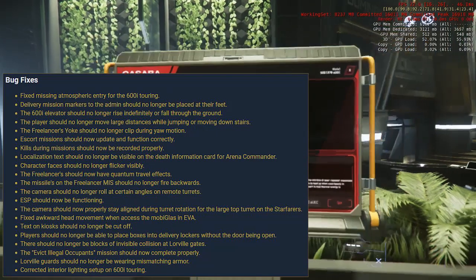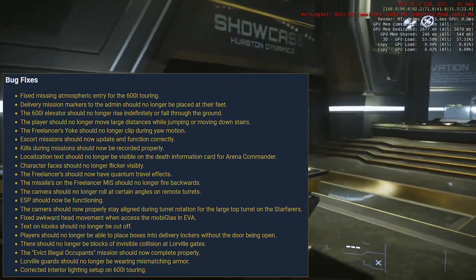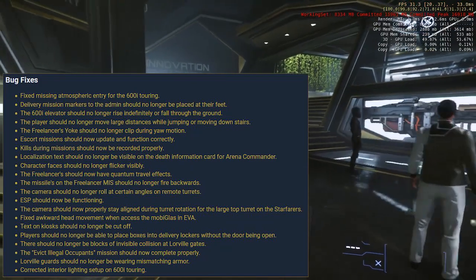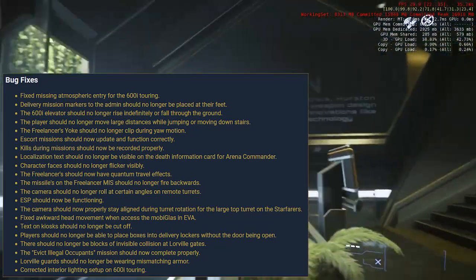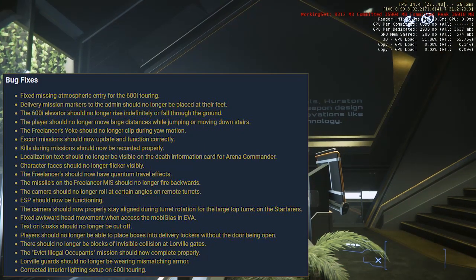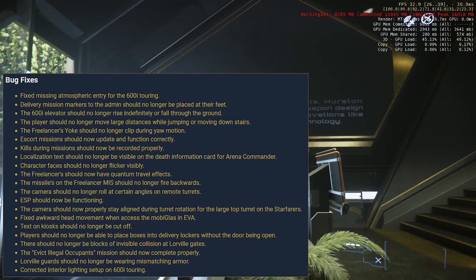The camera should now properly stay aligned during the target rotation for the large top turret and for the Starfarers. They fix the awkward head movement when accessing the MobiGlas and EVA. Text on the cover on the kiosks should no longer be cut off. Players should no longer be able to place boxes onto delivery lockers without opening the doors, which is great because